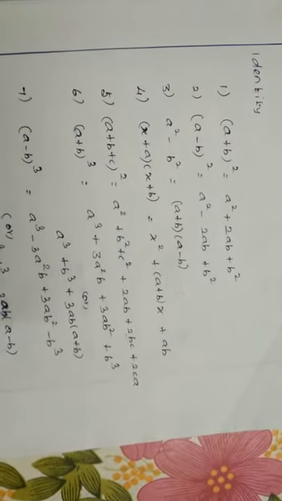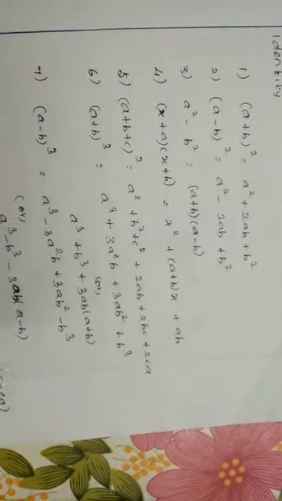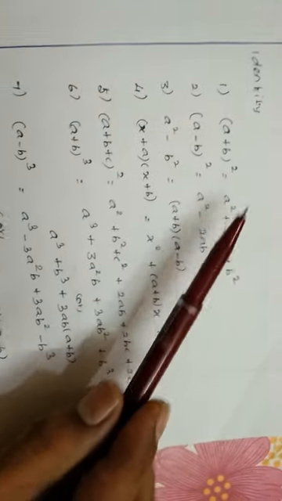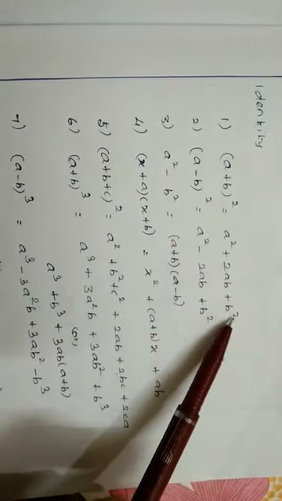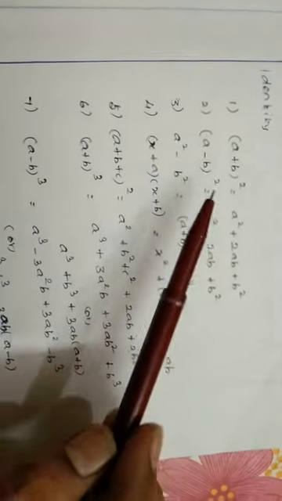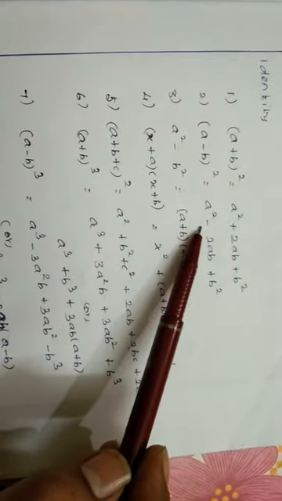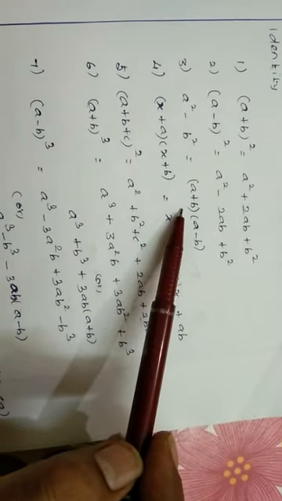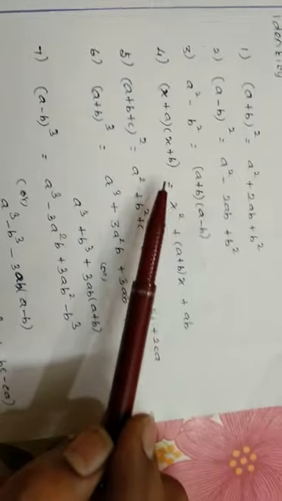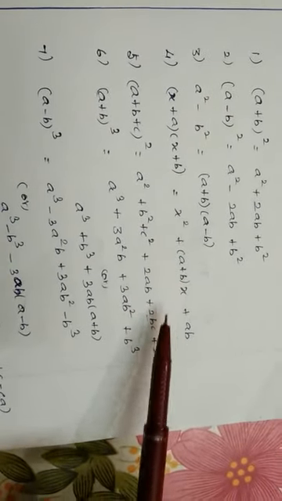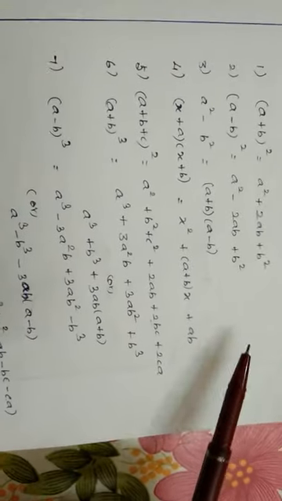Today we are going to solve some identity problems. First identity: (a + b) whole squared equals a squared plus 2ab plus b squared. Instead of ab, you can use xy. Similarly, (a − b) whole squared equals a squared minus 2ab plus b squared. a squared minus b squared equals (a + b)(a − b). (x + a)(x + b) equals x squared plus (a + b)x plus ab. You already know all of these.